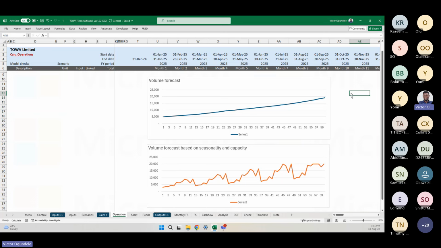The volume is increasing. We are not saying the volume is not increasing, right? But you see that growth, you see that the pattern is not always a straight line. You need to be able to consider those things that affect business. In fact, there's this other one where they are saying, you know what, we call it elasticity